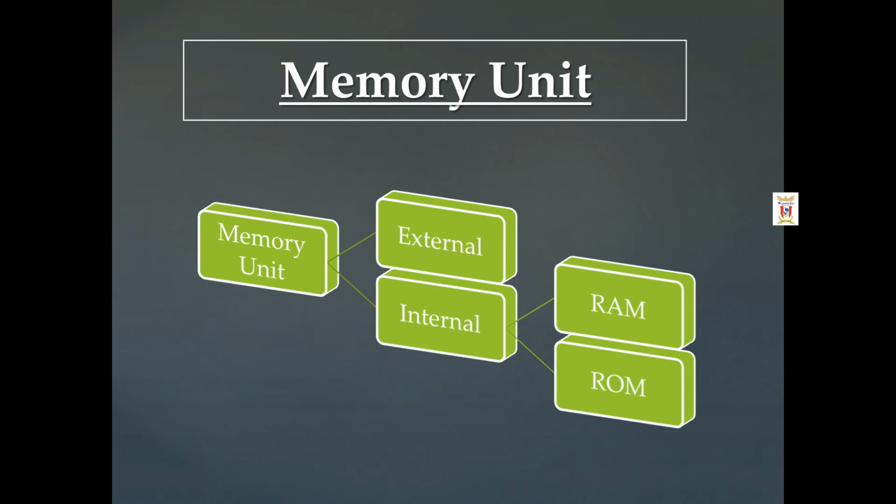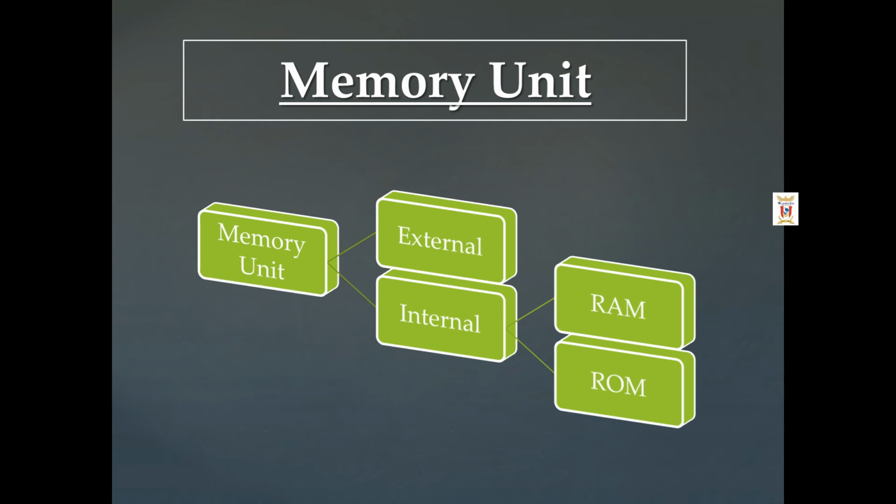Now let's talk about external memory. The external memory is also known as auxiliary memory or secondary memory. It is needed since the main memory is temporary, expensive and insufficient to store a huge amount of data. So the data for processing gets transferred from the secondary memory to the primary memory whenever required. The speed of the external memory is much slower than the internal memory. Some commonly used external devices are hard disk, CD, DVD and pen drive.